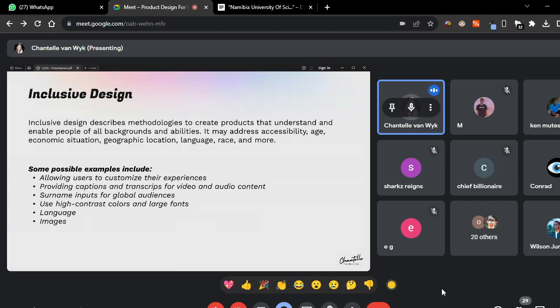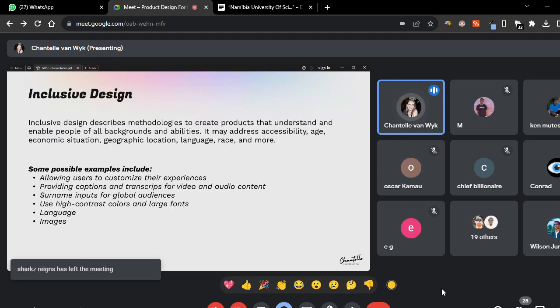What is inclusive design? It describes the methodologies to create products that understand and enable people of all backgrounds and abilities. It may address things like accessibility, age, economic situation, geographic location, language, race, and more. I also listed some possible examples. These include allowing users to customize their experiences, providing captions and transcripts for video and audio content,